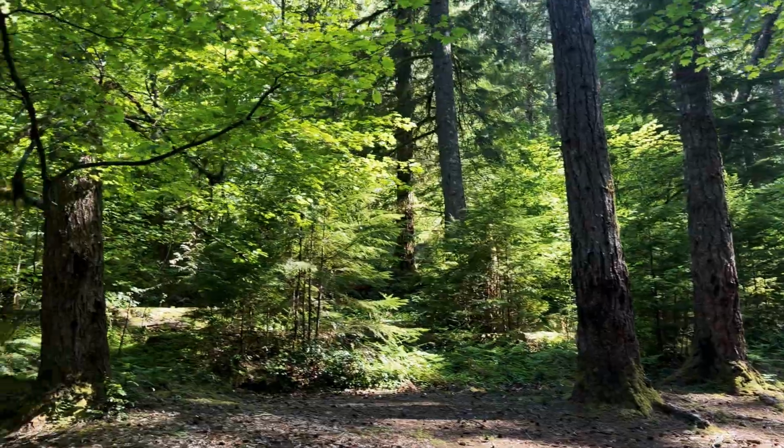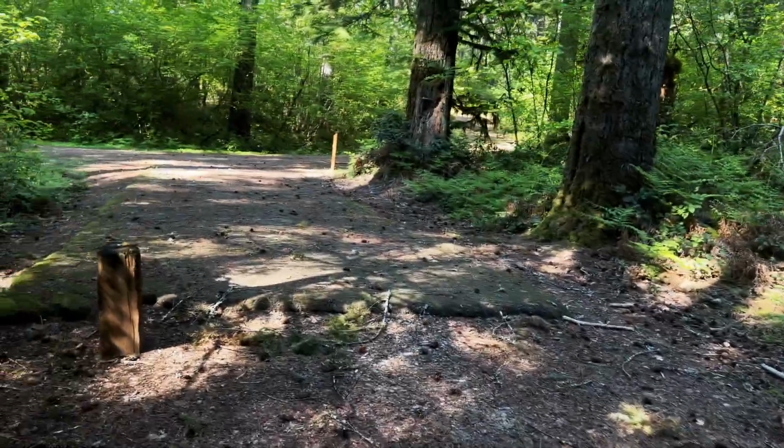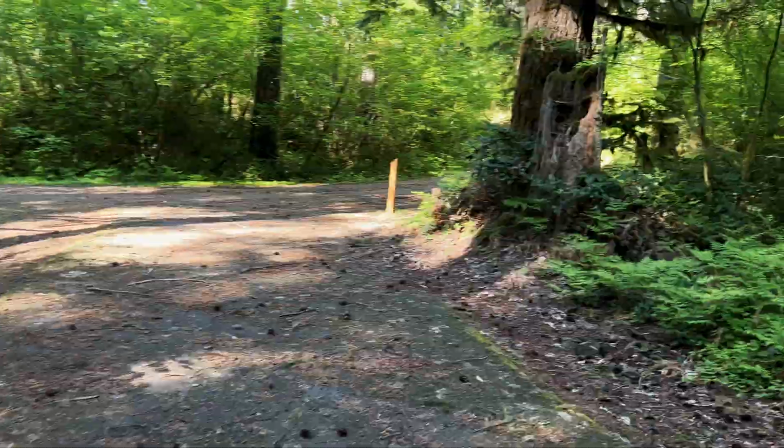However, the highway is right above you. You do lose a little bit of the peace and quiet of the forest, and you don't really have a lake view of any sort. So